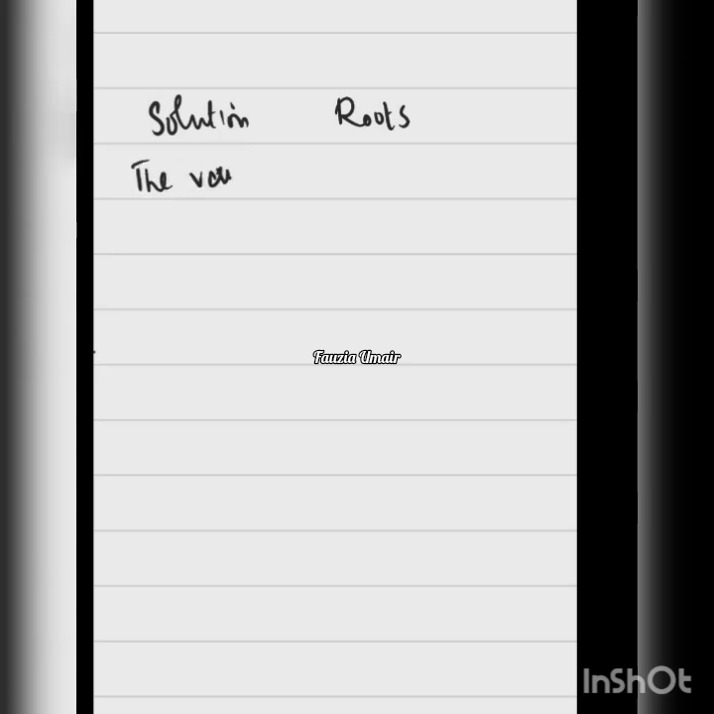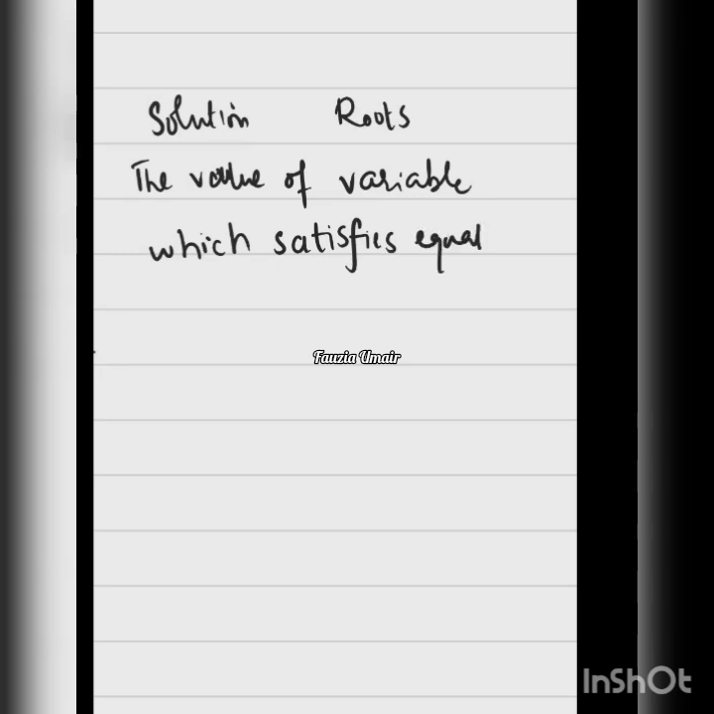अब देखो, the value of variable यानी x की वैल्यू, the value of variable which satisfies the equation। जैसे x की वैल्यू आती है 2, तो हम उस 2 को इक्वेशन में पुट करते हैं तो इक्वेशन वेरीफाई हो जाती है। So the value of variable which satisfies the equation, इसको हम सोल्यूशन भी कहते हैं और इसी को रूट्स भी कहते हैं। रूट्स ऑफ द इक्वेशन क्या है, उस इक्वेशन के आंसर्स।